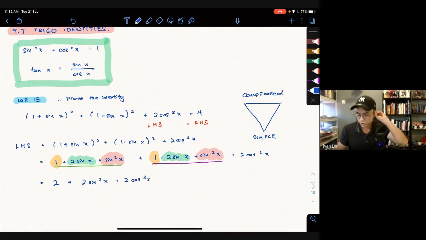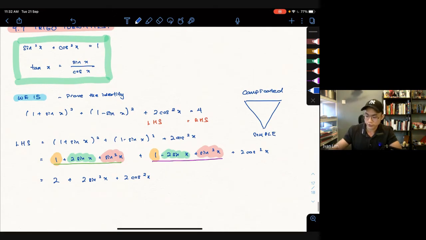Okay, so you see right here, there's a 2 sine square x plus 2 cos square x. Remember your trigo identity, what I just mentioned just now? Sine square x plus cos square x equals to 1. So the question to ask is, can I simplify this 2 sine square x plus 2 cos square x to become sine square x plus cos square x? Can, right? All you need to do is factorize it. So you factorize 2 out so that we can cause a 2 sine square x plus cos square x